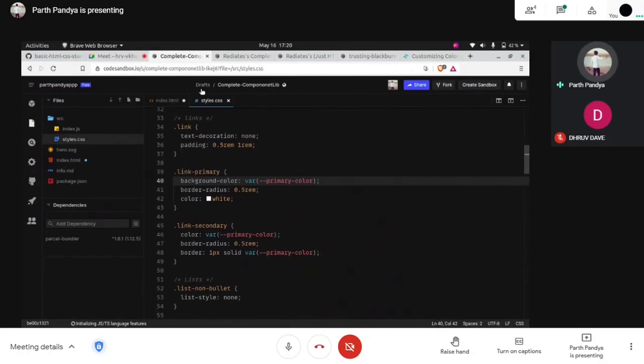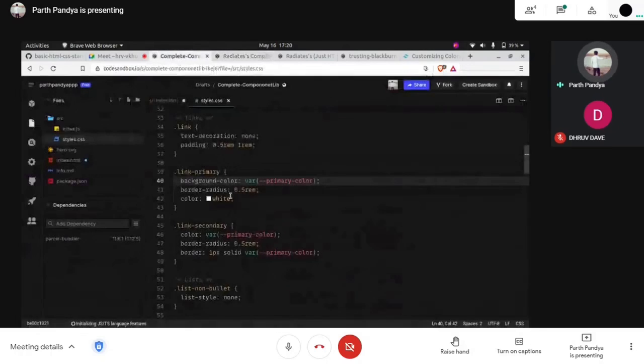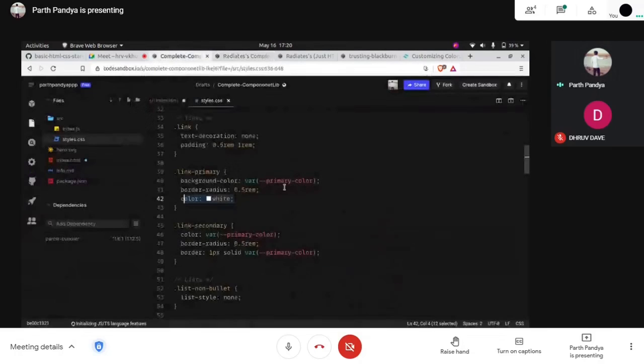So it will get reflected in the primary link, because we used the class, and inside that we used CSS to design that class, and we added a background color for that primary link with the primary color. And we are also defining this color as white, so this will turn the text inside into white, right?